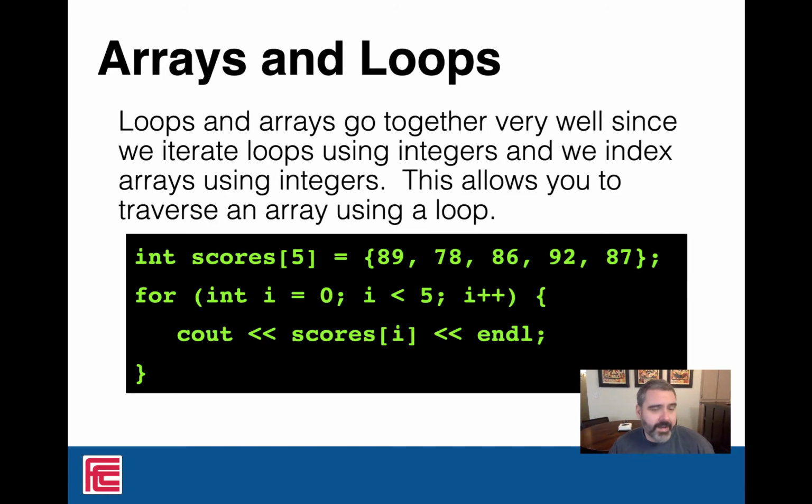Now, arrays and loops go together like a horse and carriage, which is a popular thing from a TV theme song that none of you would know of at this point. But anyway,